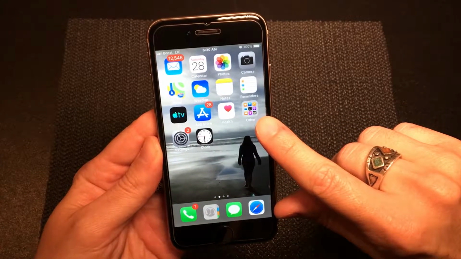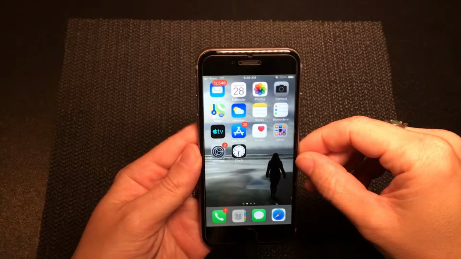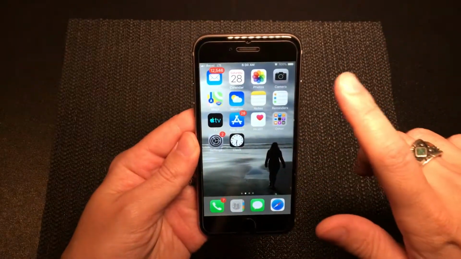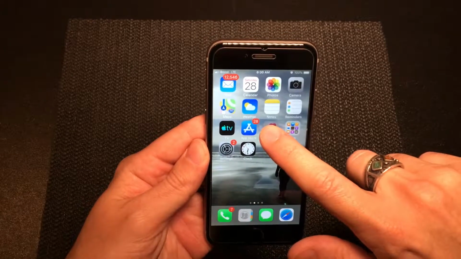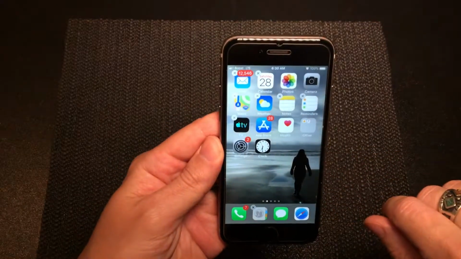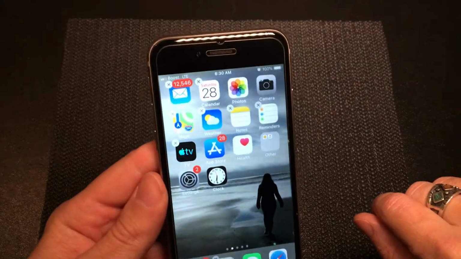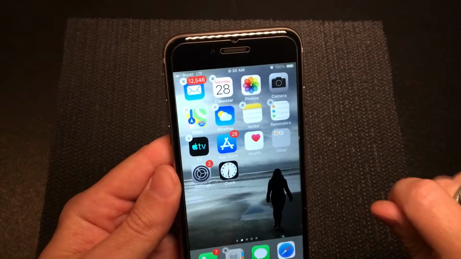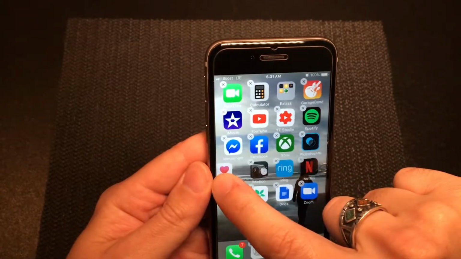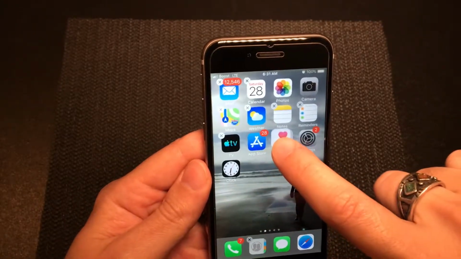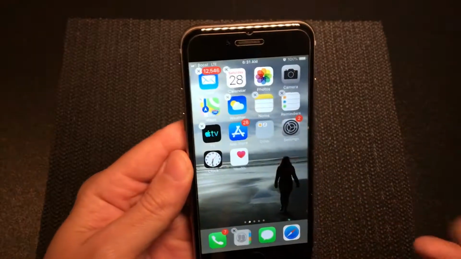Very simple, very easy. So what you'll want to do is select whatever app you want to put into a folder, and you'll hold down on it, and then you'll see that everybody begins to jiggle here. This will also allow you to rearrange your applications. So you can simply drag them to the place that you would like, and then lift off when you want